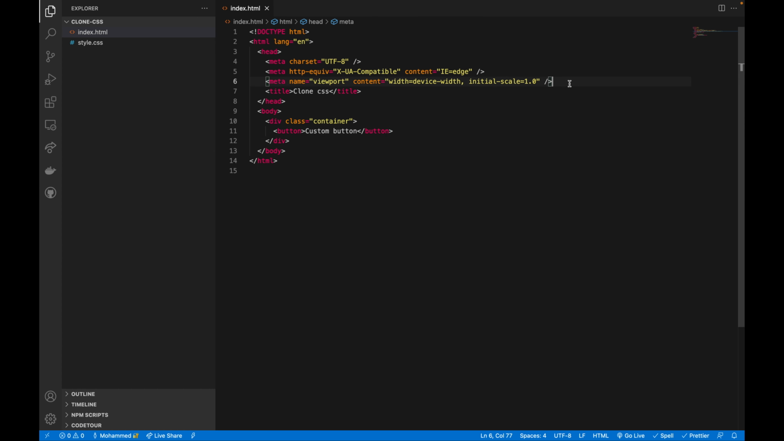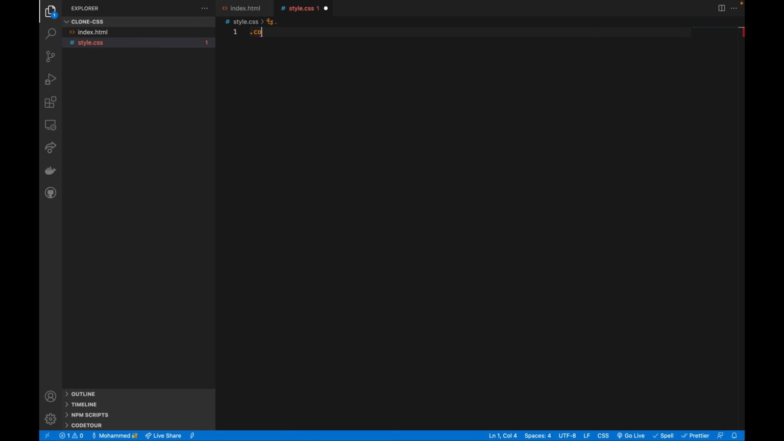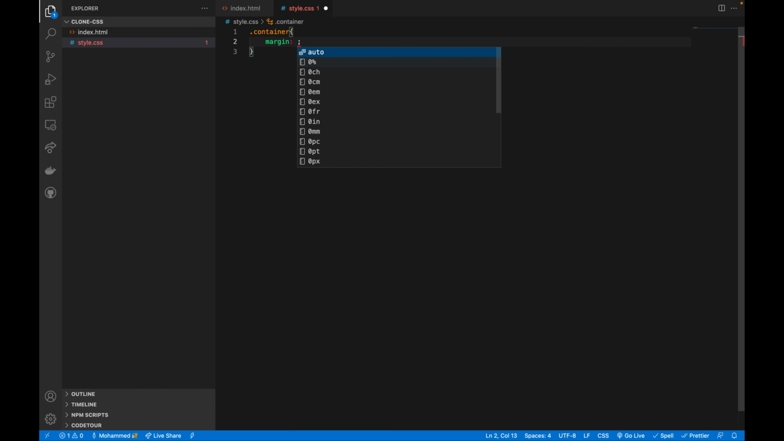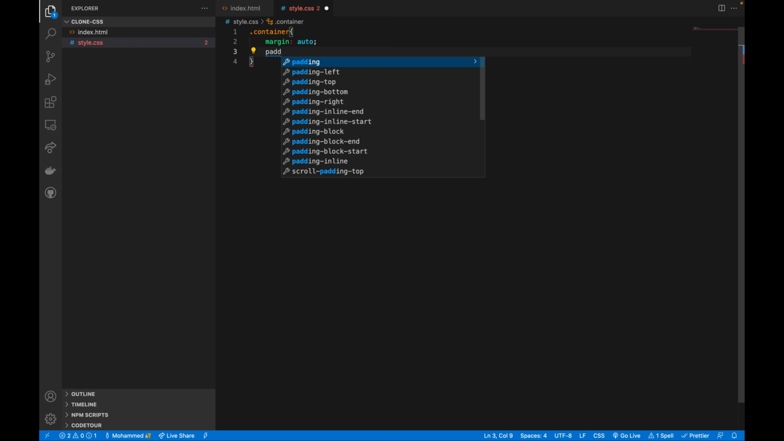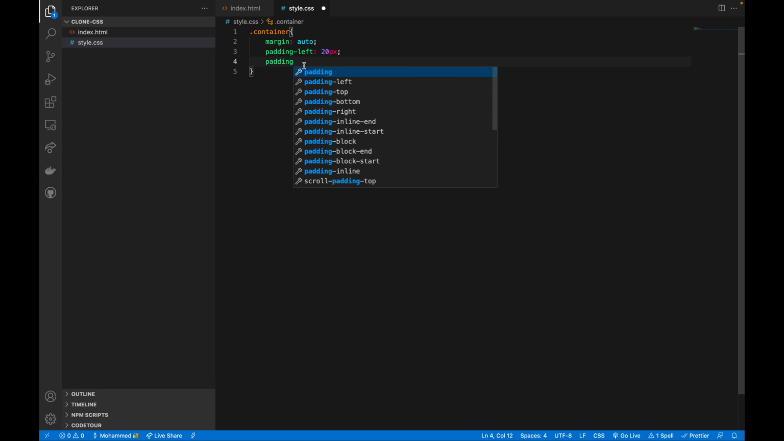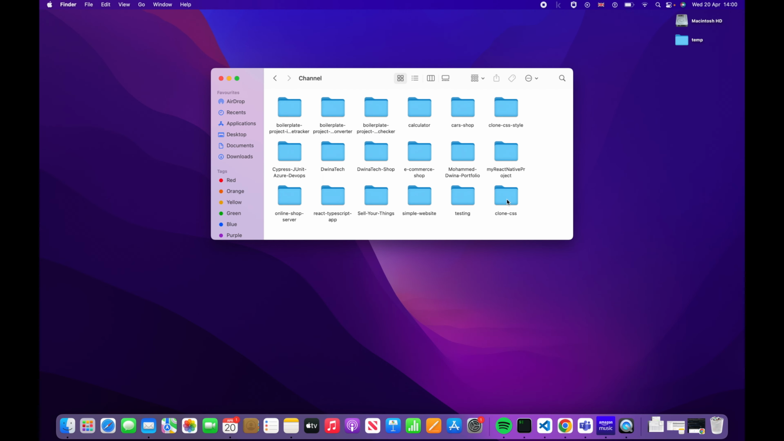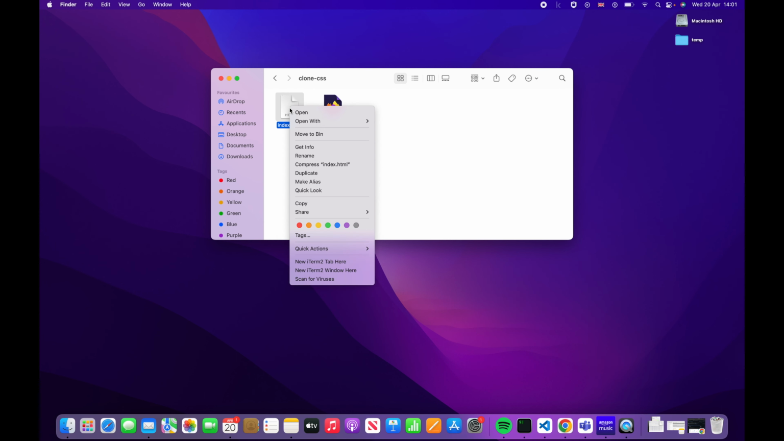Let's link our style file, which is just linking this style file here, and inside this style file let's have that container class we just added, and give it margin 0 auto to bring all the content to the center, and padding left 20 pixels, padding right 20 pixels. And let's open this using the Chrome